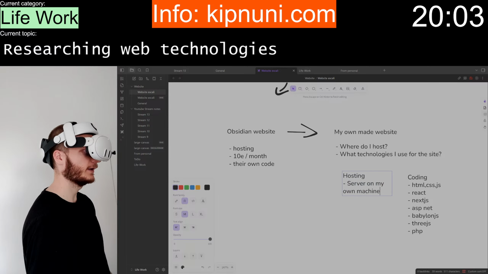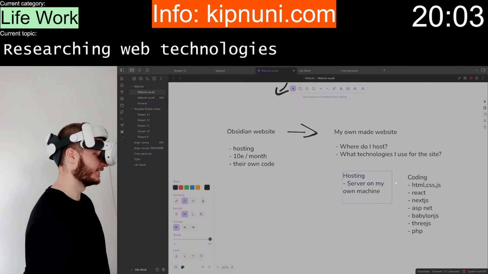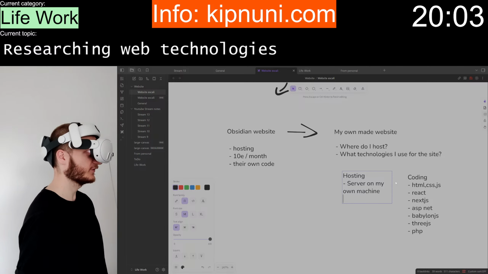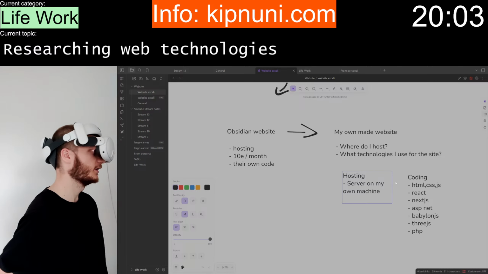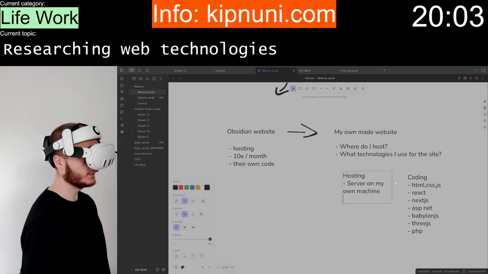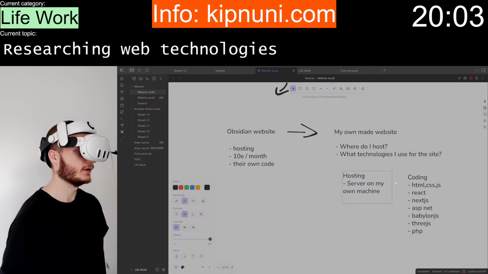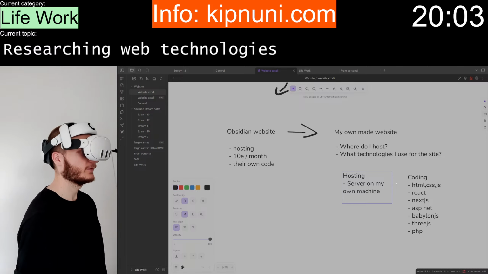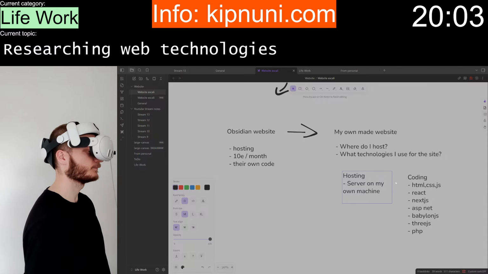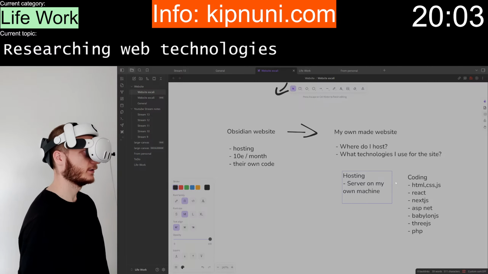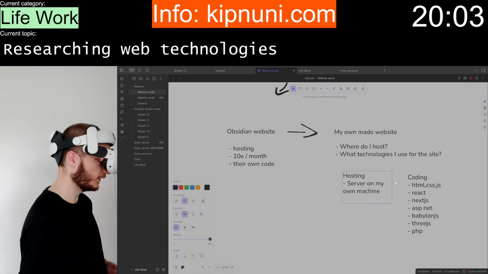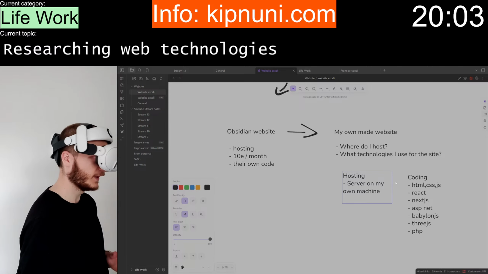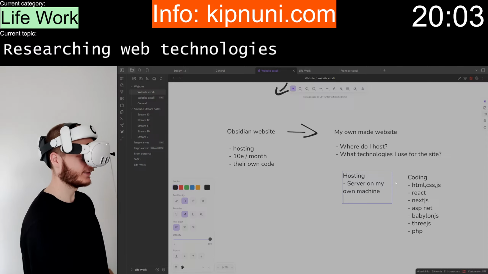I already mentioned this: I looked into it just a little bit, asked AI a few questions, and it gave an instruction on how to achieve this. At some point, I'm pretty sure I will try it. I could host my website on my old laptop, install Linux there, host a server. But I think that's not necessary for now.